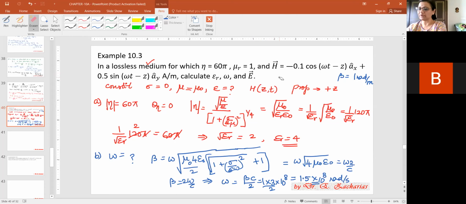I may have to turn my page because I will not be able to remember everything. I need the basic equation. Okay, so I need my electric field. To find out the electric field, you know the relationship between electric field and magnetic field. One is the theta eta difference, but in this case theta eta is not there because it is a lossless medium. Then what is the second point? The second point is H naught and E naught are related by the expression H naught equal to E naught divided by modulus of eta.